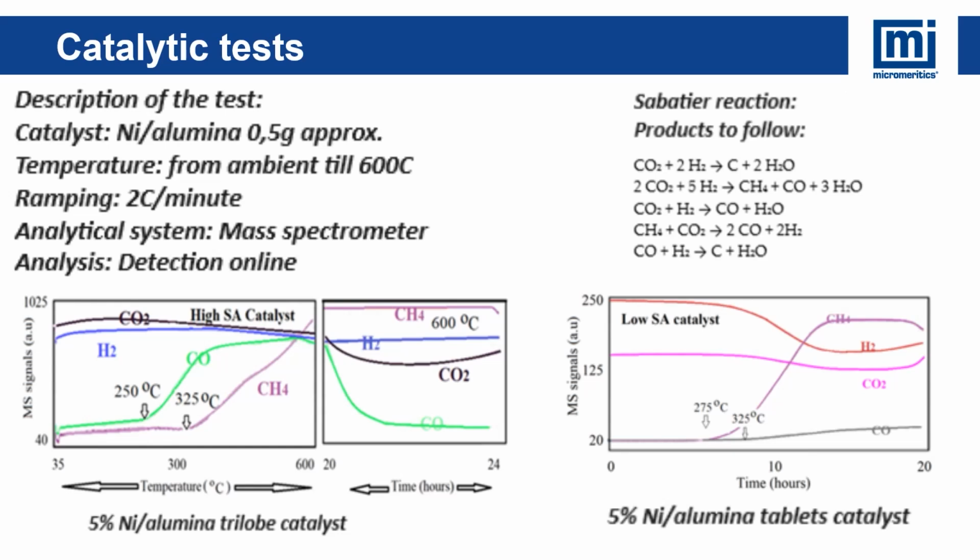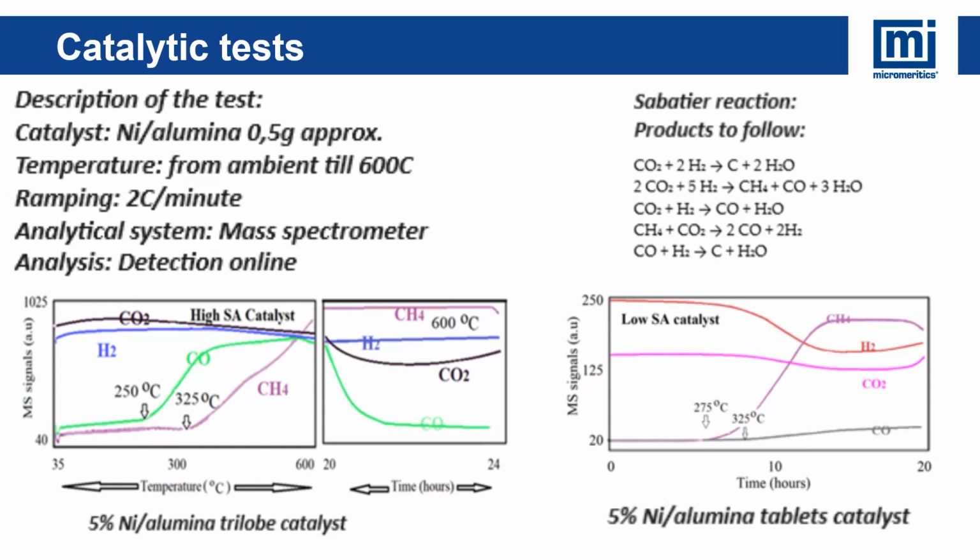On the same figure on the left, it has a 24 hour time, until we can see that the CH4 signal, the partial pressure in the mass spectrometer, starts going down, and the partial pressure of CO2 starts going up, as does hydrogen and CO. What that means is the catalyst is being deactivated. Once we get to that point, we stop the reaction, and we proceed to find out what the causes for that deactivation are. But before we proceed with that, as you can see on the right side, for the low